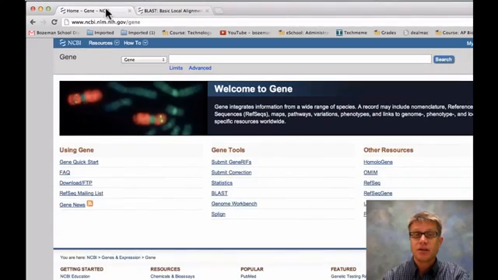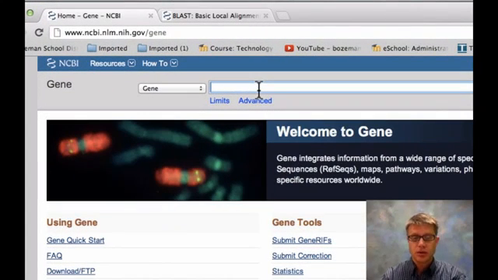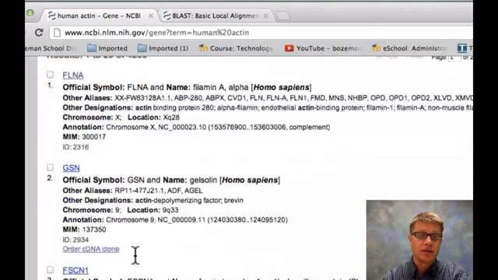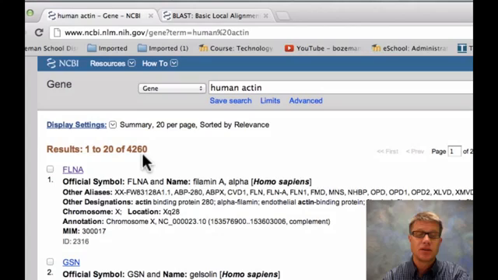And so now basically all you do is, let's start with the first one. Let's look up a gene. We want to look up a human gene because we're going to compare us to other organisms. So I'm going to put human. And then we're going to use a gene called actin. Actin is found in muscles. It works with myosin. And so after I've searched that, it's going to give me a lot of, 4,260 genes,